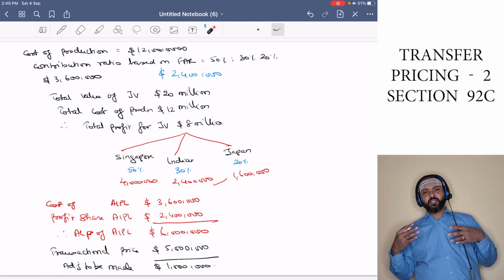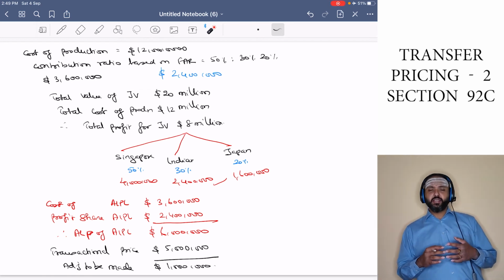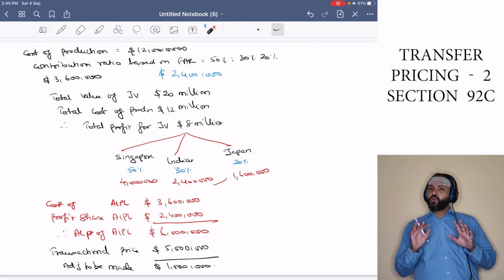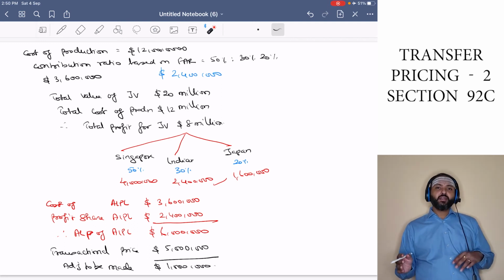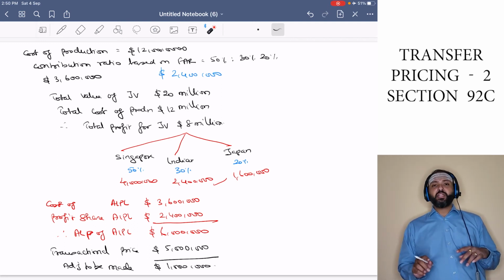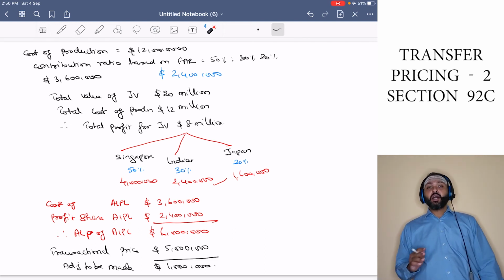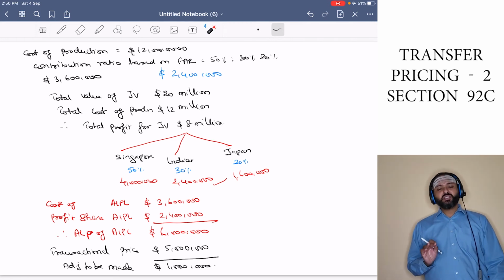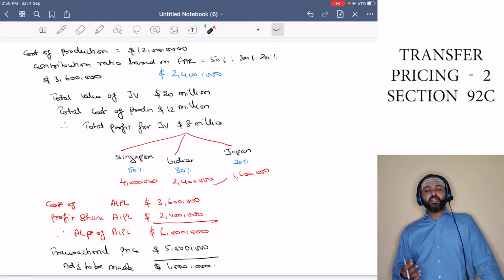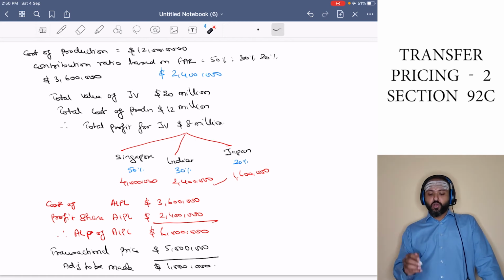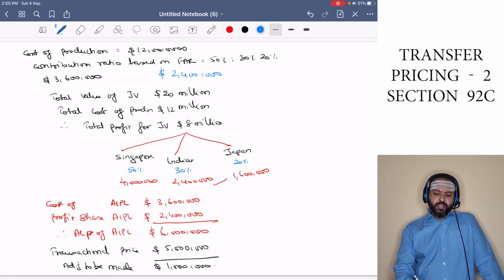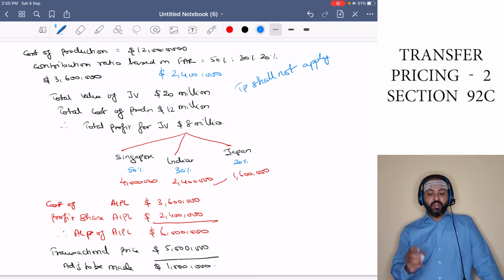As an assessee or as an assessing officer, precisely, will I be happy to tell, no, 5 million is not correct, please give revenue as only 4.8 million, or will I simply stay quiet and stay away from this particular transaction? I will stay quiet and stay away because the assessee himself has come forward declaring a higher income. Therefore, a very important thing to note. What is that? TP shall not apply. This provision of transfer pricing shall not apply when